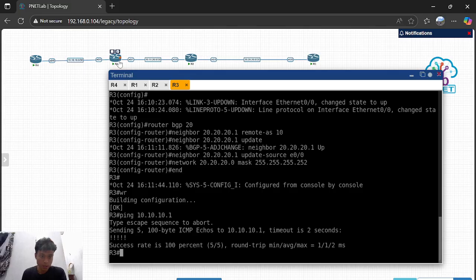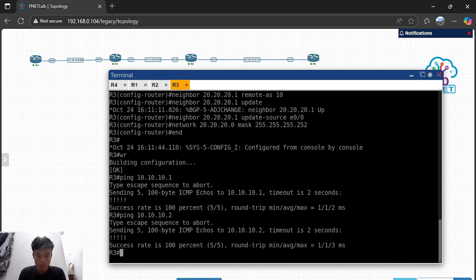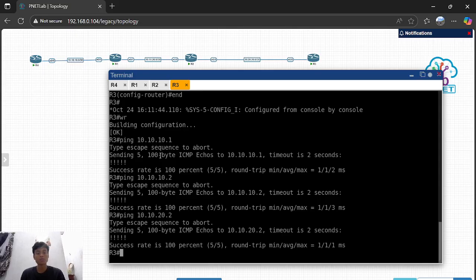Then we will ping router 1, and the success rate is 100% too. Lastly we will ping router 2, the third router, and the success rate is 100% too.